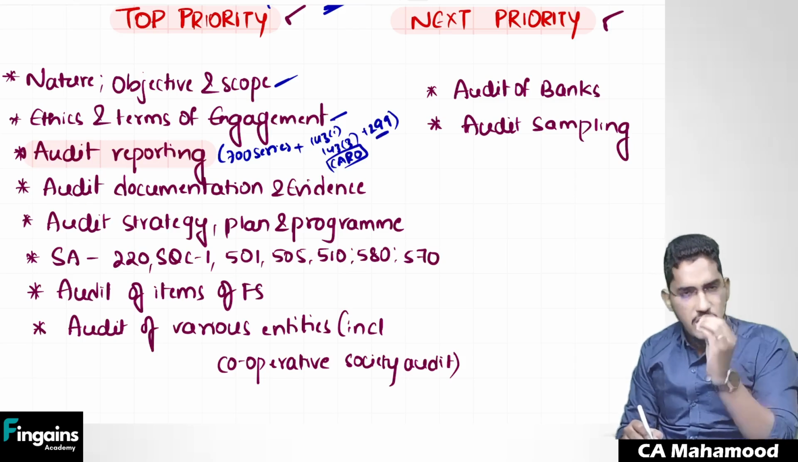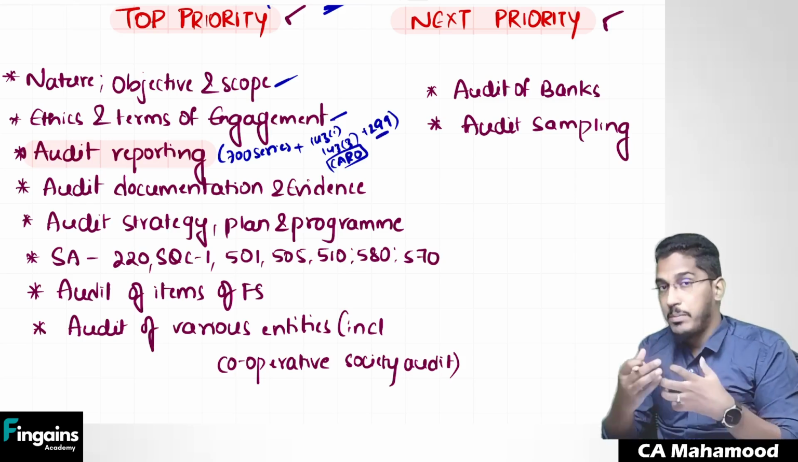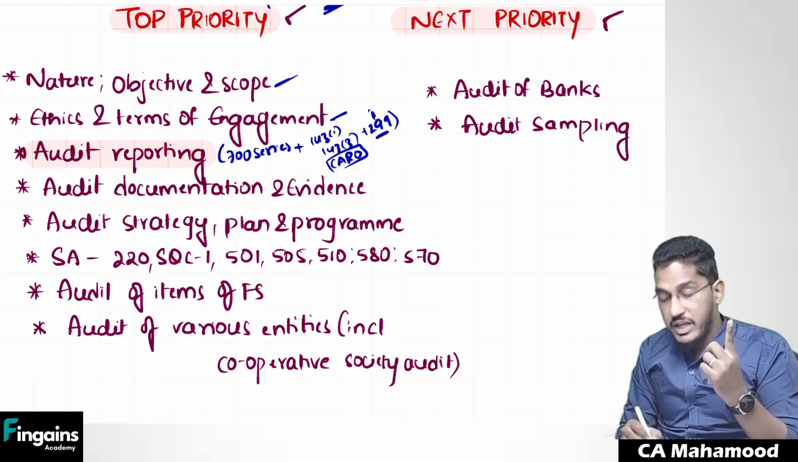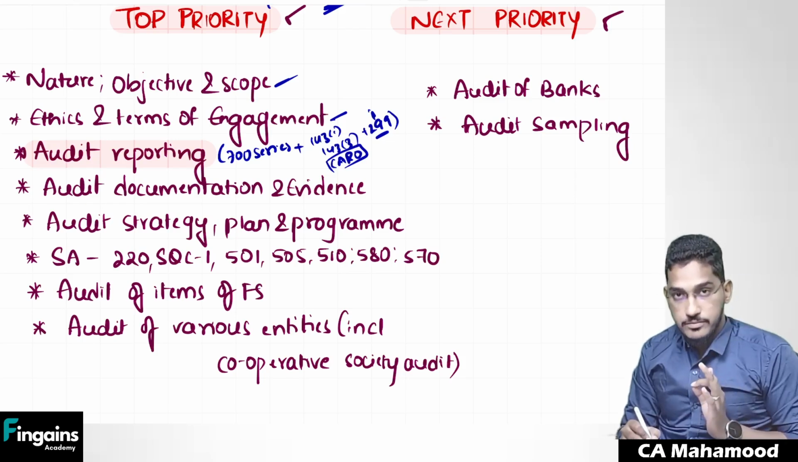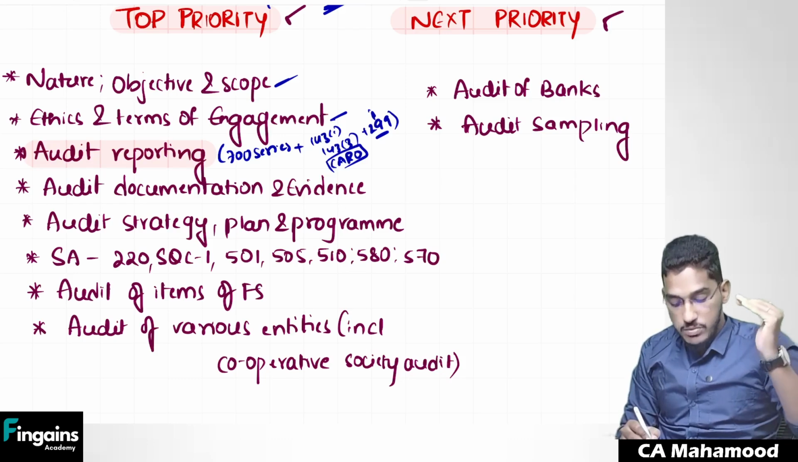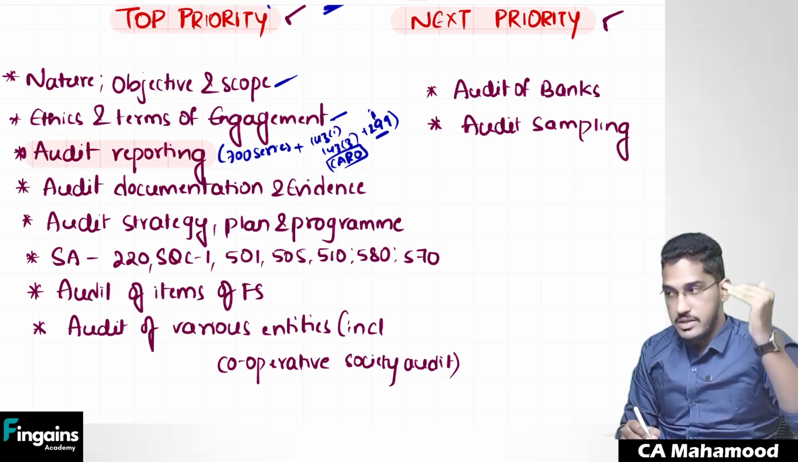Don't leave this standard also. Very simple standard. If you have already prepared for that standard, it will hardly take some 20 to 30 minutes to revise the content from SA 299, but a compulsory question will come. Clear? So once you are done with nature, objective and scope, ethics and terms of engagement, the next chapter which